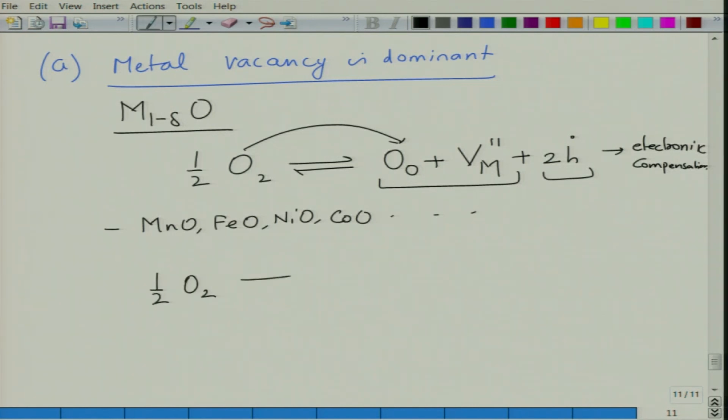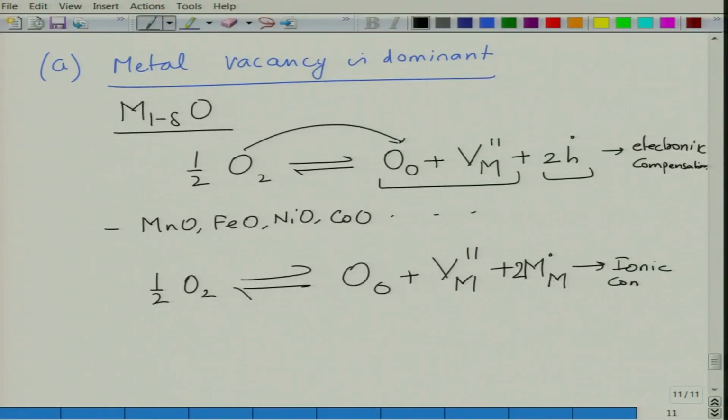So, ionic compensation, let me write partially and then you have to tell me what will happen. If you do not want to form holes, if the hole formation is not conducive, what will happen? Metal will oxidize, right? The metal at metal site will oxidize. So, two metals at metal sites will oxidize, and this is true in iron. Iron is +2, it can easily become +3. Manganese is +2, it can become +3. So, it generally happens in oxides. The valence fluctuations are possible in those materials which are transition metal oxides, right? Transition metals, because you have multiple valences which are possible.